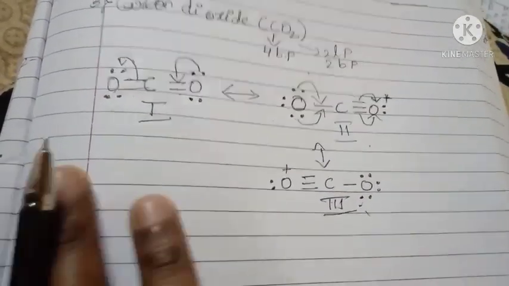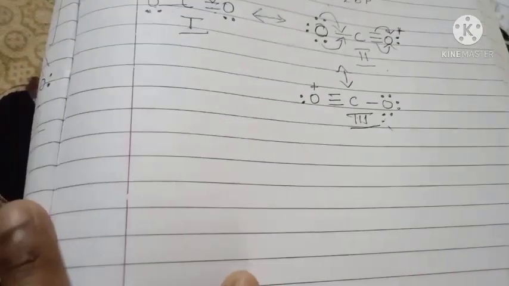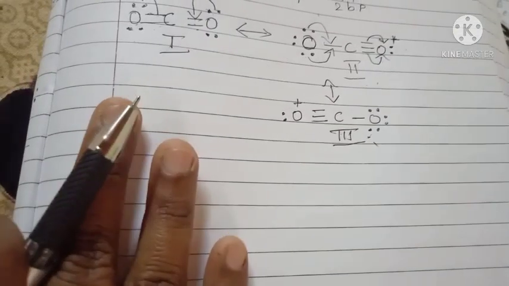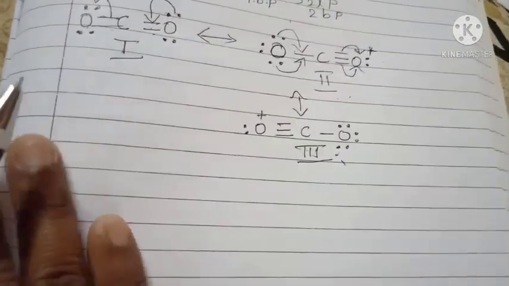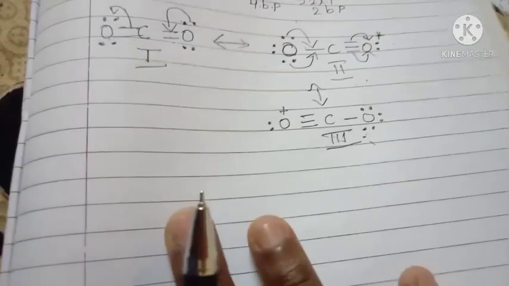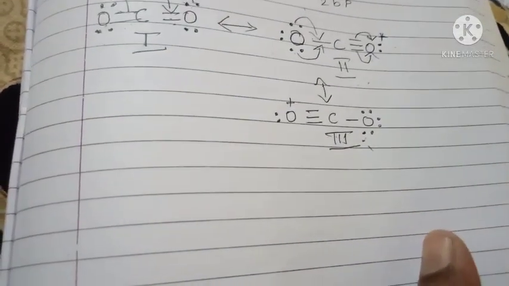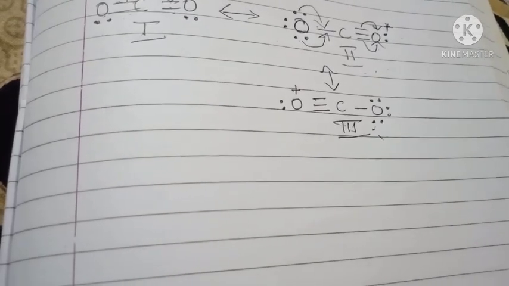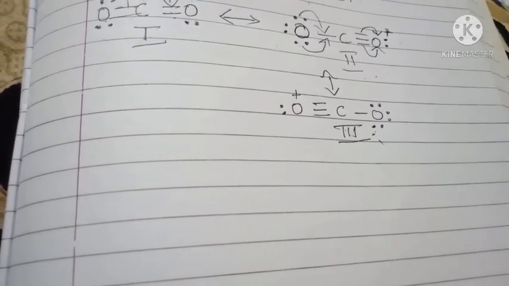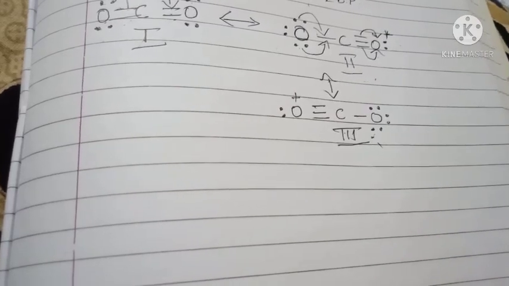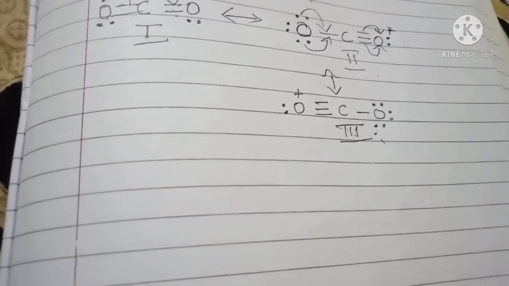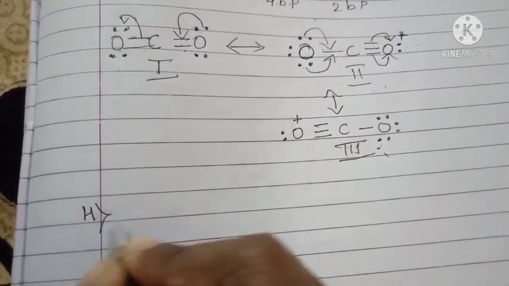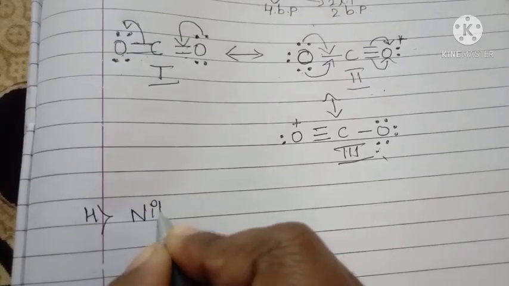They will ask in your exams, write the resonating structures of carbon dioxide or carbonate ion, whatever it may be, including these they will also ask other examples. You have to be ready to write. In that you have to know how many bond pairs and lone pairs should be present. If a bond pair is absent, that bond pair is converted to a lone pair. Okay, you have to know about that. Next, the fourth one is nitrous oxide.